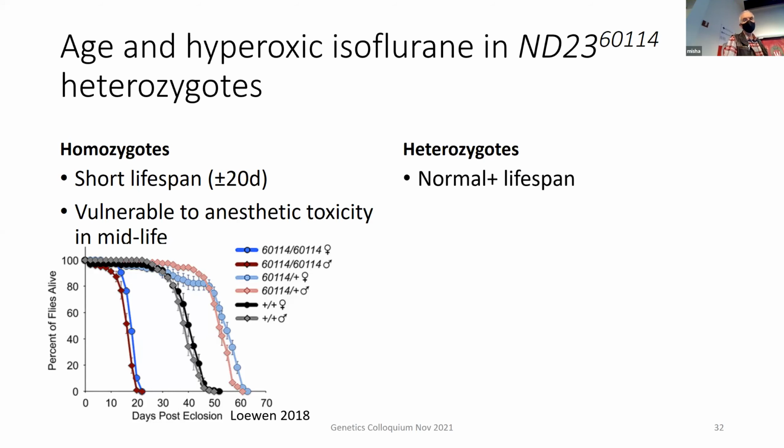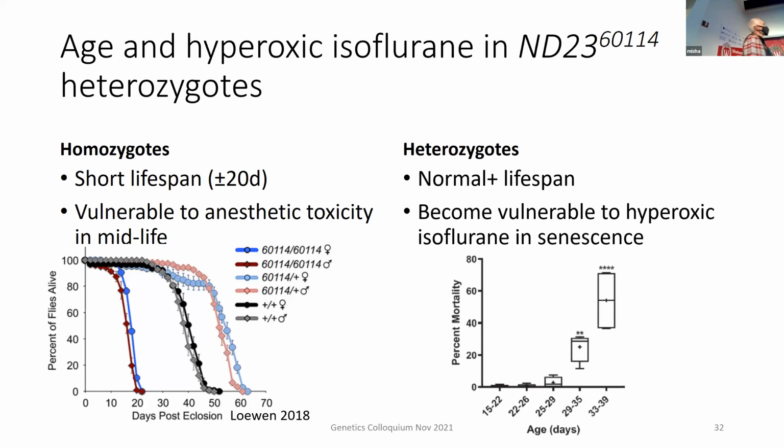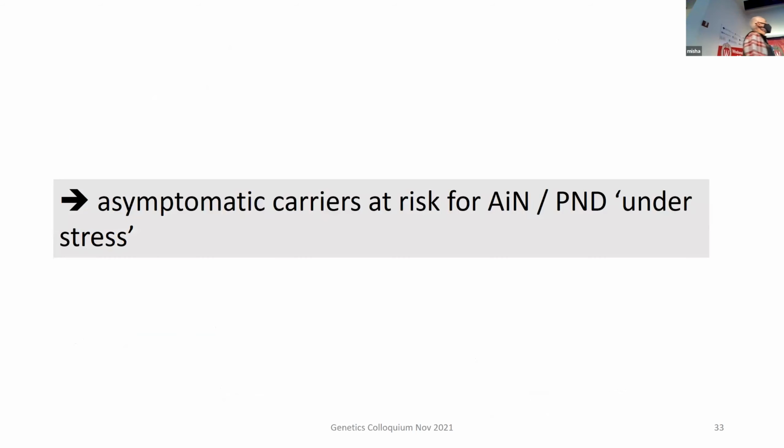And now we will expose them, as they age, to this combination of isoflurane and hyperoxia. And you can see that from 15 to 22 and up to about 30 days of age, there is no phenotype. Nothing happens to them. They're just happy campers. But then suddenly mortality increases. And we thought that this was a striking finding, because this tells us that asymptomatic carriers are at risk from certain, not further characterized complications when exposed to stress, in this case being a combination of an anesthetic, isoflurane, and